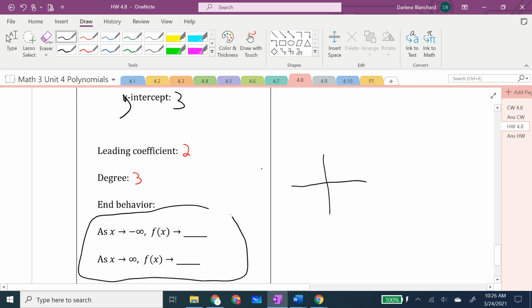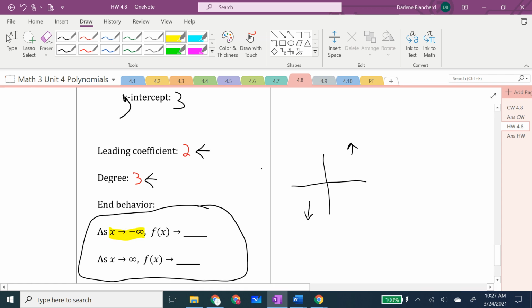This is a formality. I know you need to be able to read what this means if you keep going with your math classes. But what I personally like to do is just look at it: okay, leading coefficient is positive, right end goes up. The degree is odd, left end does the opposite. And I can see visually exactly what I need to see to graph my polynomial. As a formality,